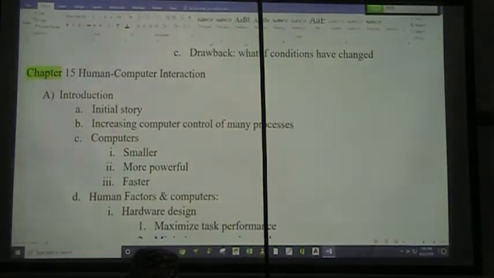And today we will be looking at Chapter 15, Human-Computer Interaction. We are skipping from 9 to 15 because it's kind of a more logical sequence to present the material. That's my story. I'm sticking to it like glue. All right. So,